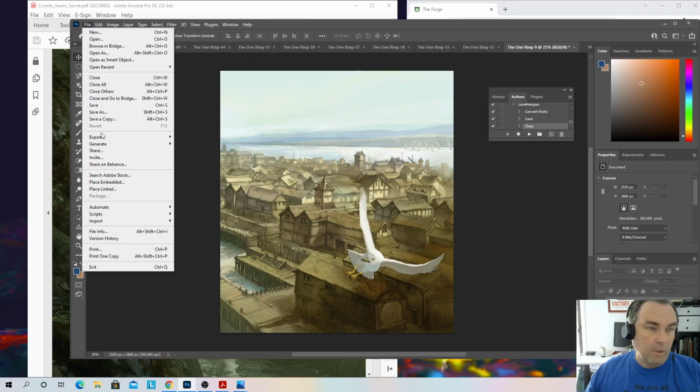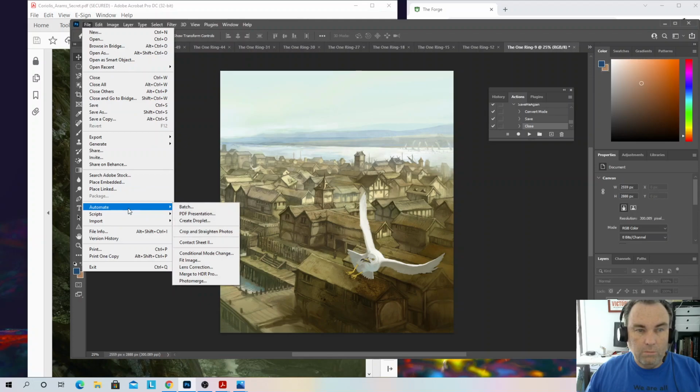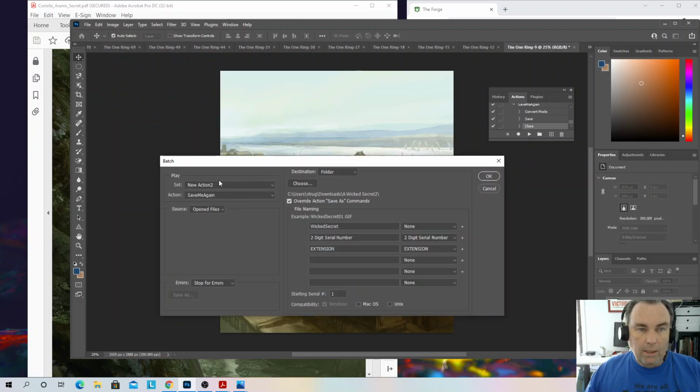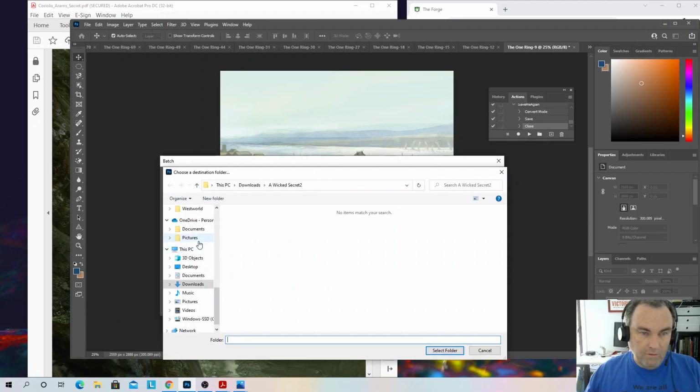Now, it's opened up to the next one, but I want to not have to do this for everything. So I hit batch. It's got sources open files. I can also choose a folder, but open files is what I want because I haven't saved them. Remember, this is the version where I don't have to save them ahead of time. I'm going to say I've got a destination. However, I'm going to choose a different one. I am actually going to save them back to that